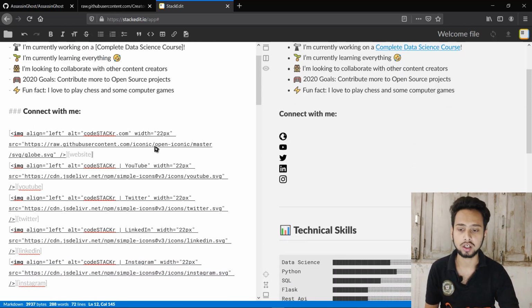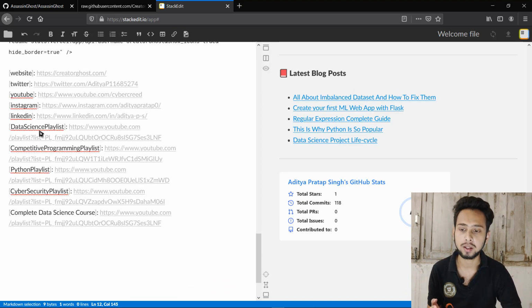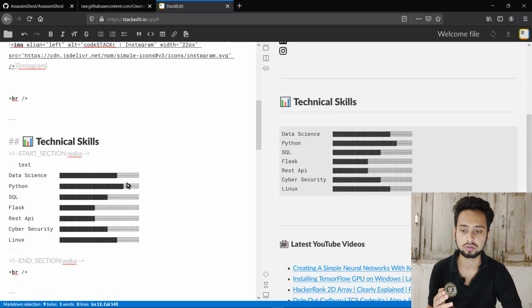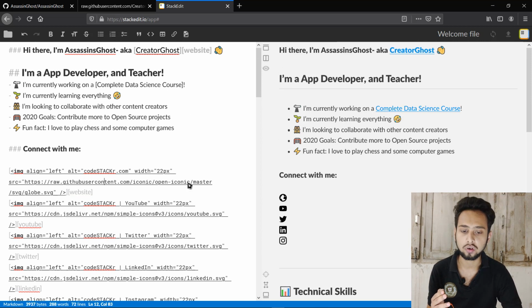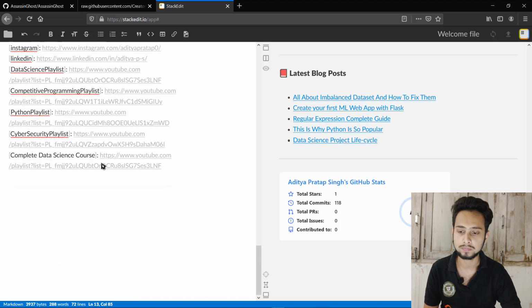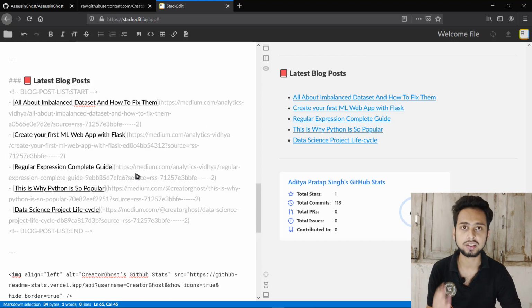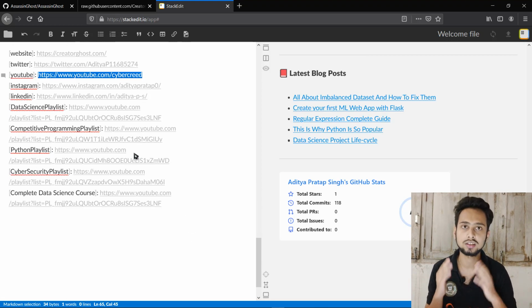In the connect with me section, what I have done is use our variable names like website, which we have already defined inside our code section here. Like this, we have defined every variable, and that is what we are going to use here. This is for our website name, and the next one is for the YouTube name. If you want to change the YouTube to your YouTube, you just come down here to this YouTube and simply paste your YouTube channel link. As soon as you paste your channel link, this is going to work perfectly fine. Like that, you can change all the variable names here so that it suits your need.